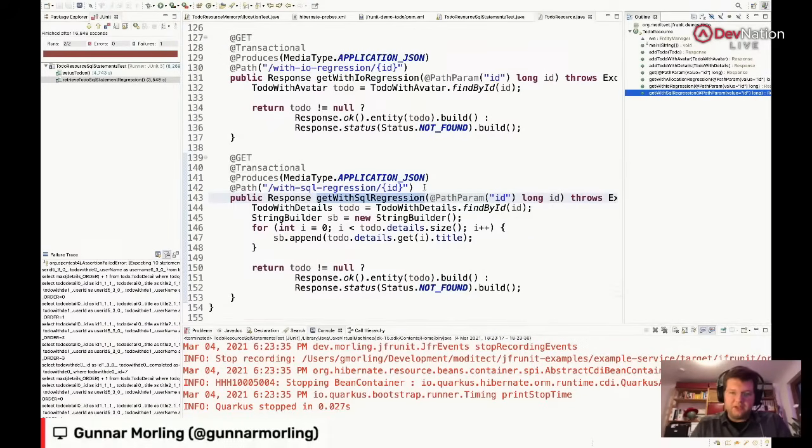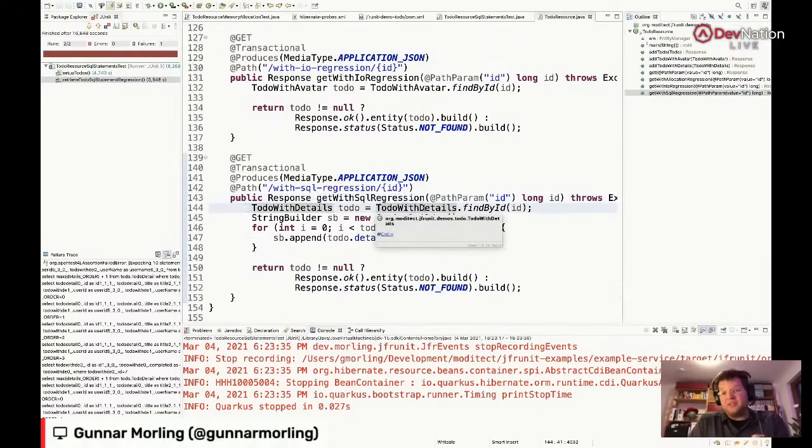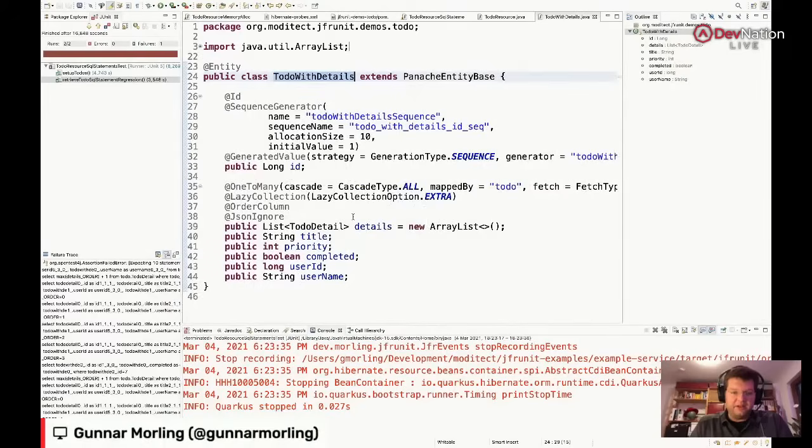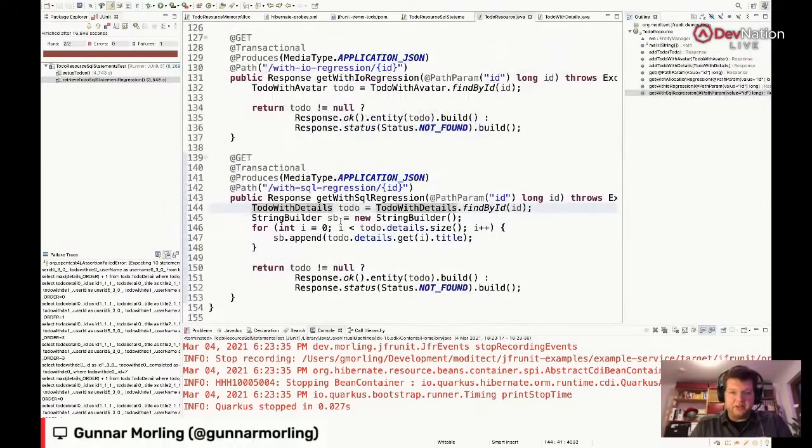And here I'm seeing now what's happening. So I have now, for the sake of the example, I load another to-do class, to-do with details. And this one here, it has this extra lazy collection to all the to-do details. And as I'm iterating through the details, it's triggering one select per detail. And obviously, I would like to optimize this. I would try and do a fetch join or whatever, so I avoid all those statements to be executed